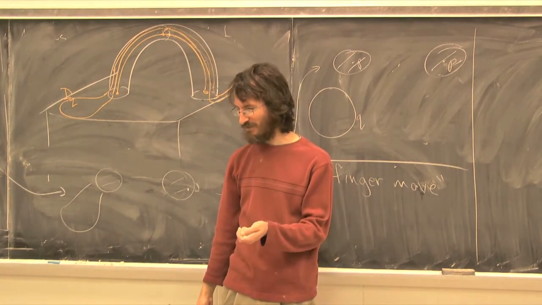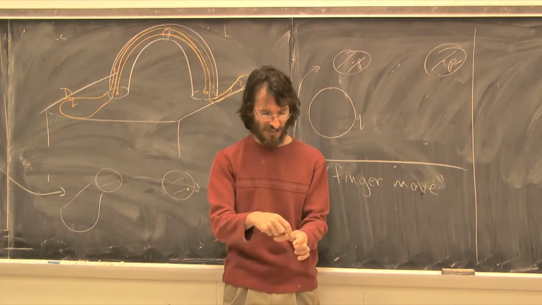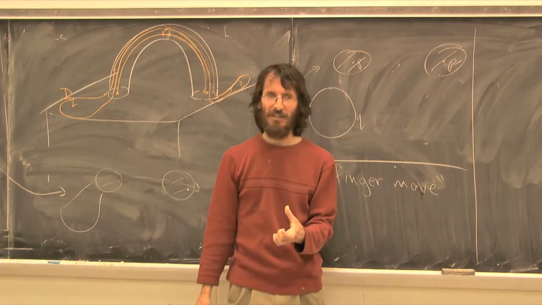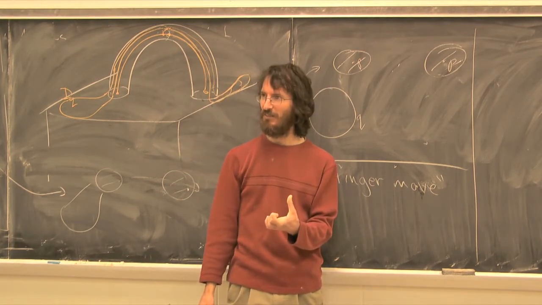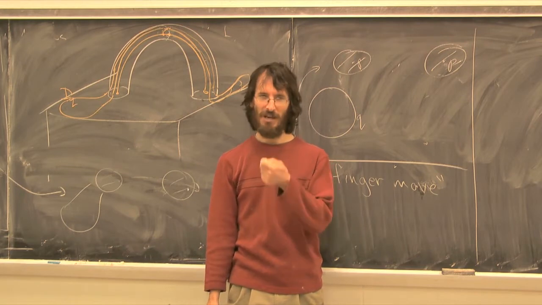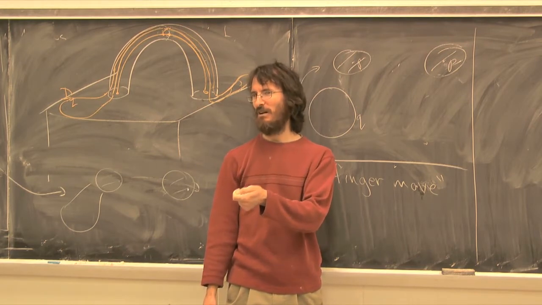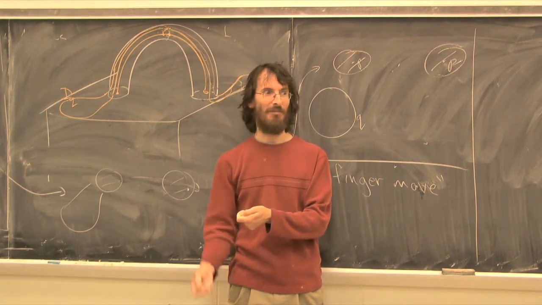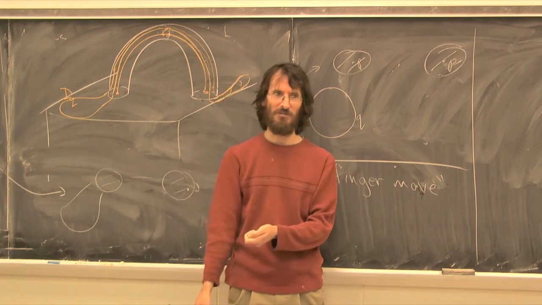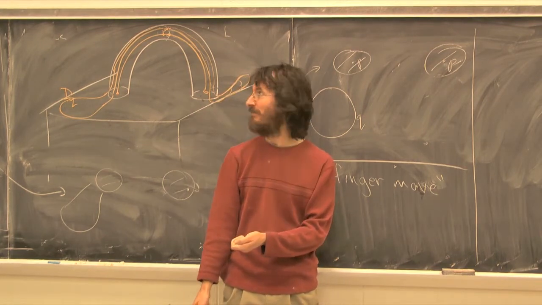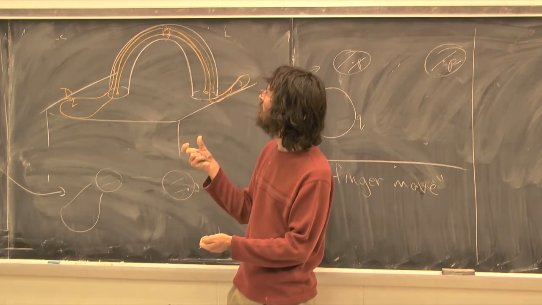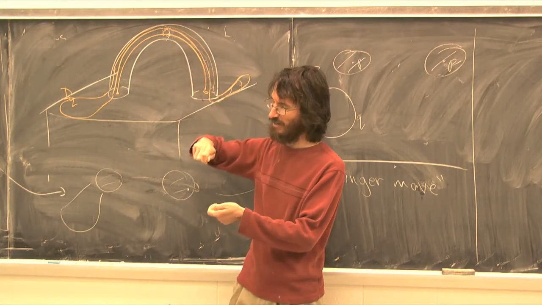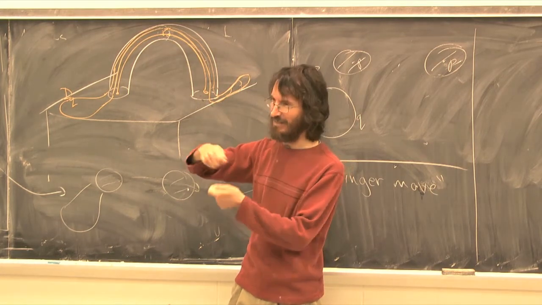What happens in high enough dimensions, if you have a loop, these two arcs form a loop. If you have a loop that is homotopically trivial, in high enough dimensions, that means it'll bound a mapped-in disk. In high enough dimensions, a mapped-in disk can be made embedded. In dimension 4, mapped-in disks cannot be made embedded. And that's why the proof of the H-cobordism theorem breaks down in lower dimensions. So there is this funny thing that happens in dimension 4 where maybe that disk then has self-intersections, and